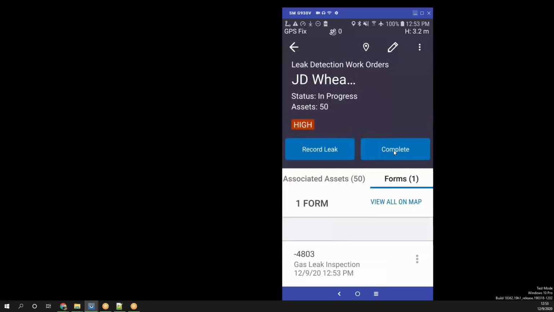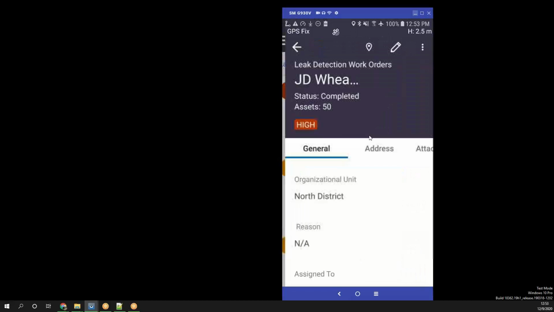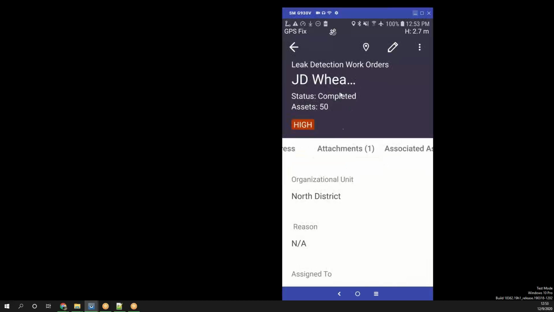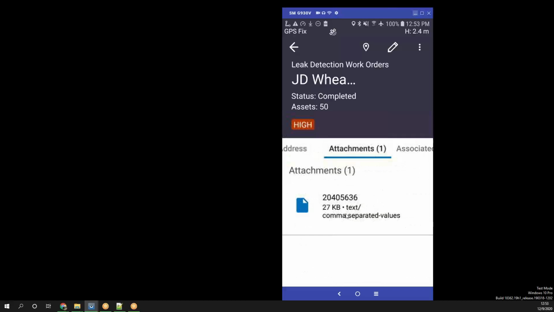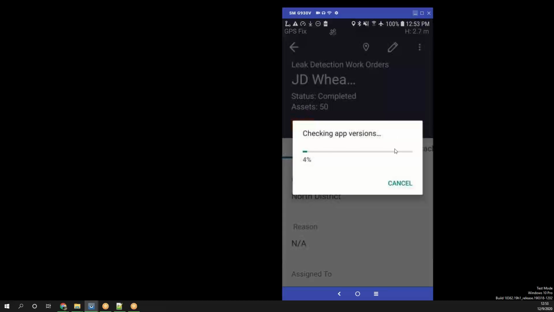And now if I click complete, it does some stuff in the background. And if I come back in here and look at this form again, we can see now we have an attachment. And this attachment is that CSV file that I was explaining. That is that breadcrumb file, essentially. So once we've done all of that data collection represented by the breadcrumb, we can store all that breadcrumb data directly with the work order. And when we sync this work order back up to the Unity web portal,